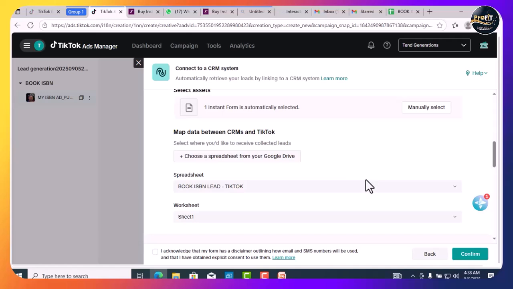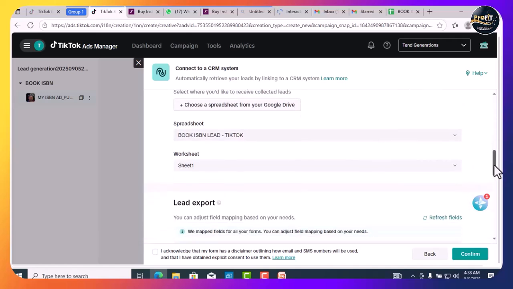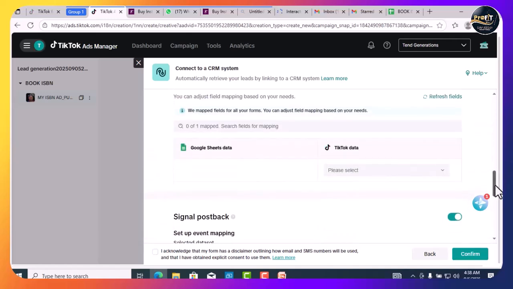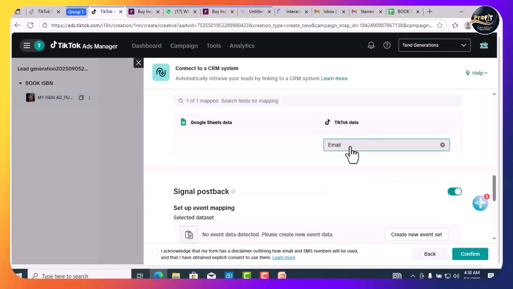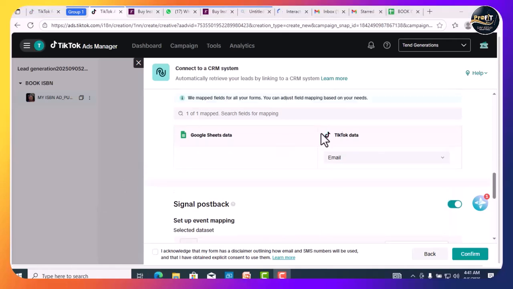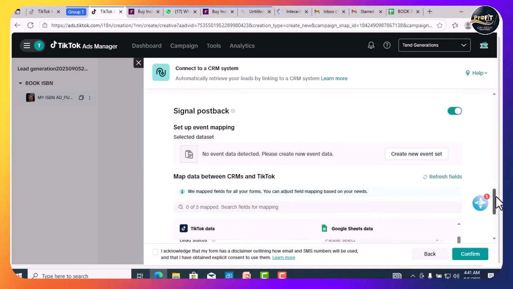So let's scroll down to see if there's any other thing. Here says TikTok lead. Let's select just email. Having selected email, let's scroll down further. This is the part that gets back to them that they will use to optimize. No event data detected. Please create event data. Let's click on this